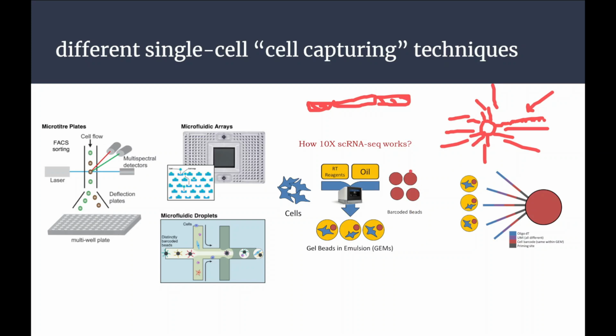So there will be many beads, and they are going to capture the information. So how do we basically capture it, and how can we have the information of which transcript is coming from which cell, and how can we get the count of transcripts for each gene? To get the count for each gene, we use the UMI, and the cell barcode is basically to give you the identity of which transcript is coming from which cell.